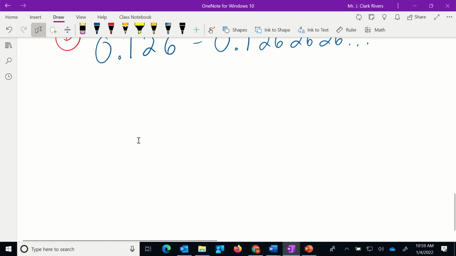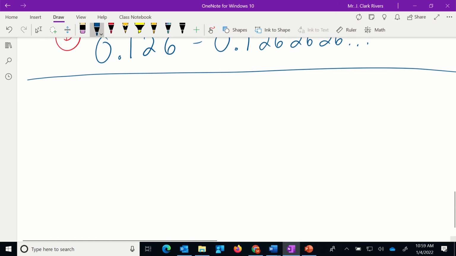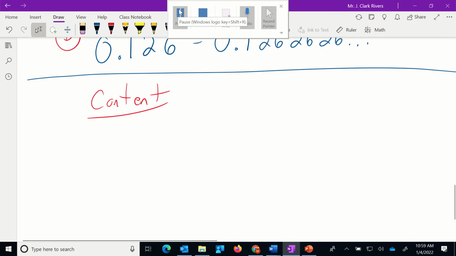All right, let's move on to what I'm going to call the content section. Content. So this is today's new material. We are going to be converting repeating decimals into fractions, simplified fractions. So number 1 is going to be this,